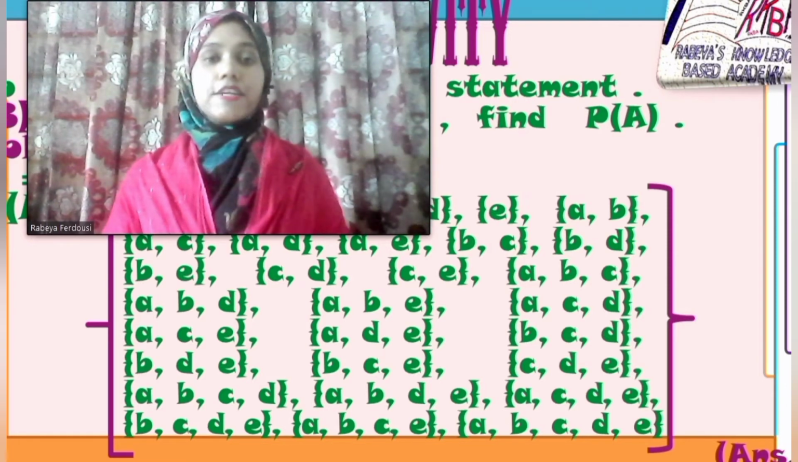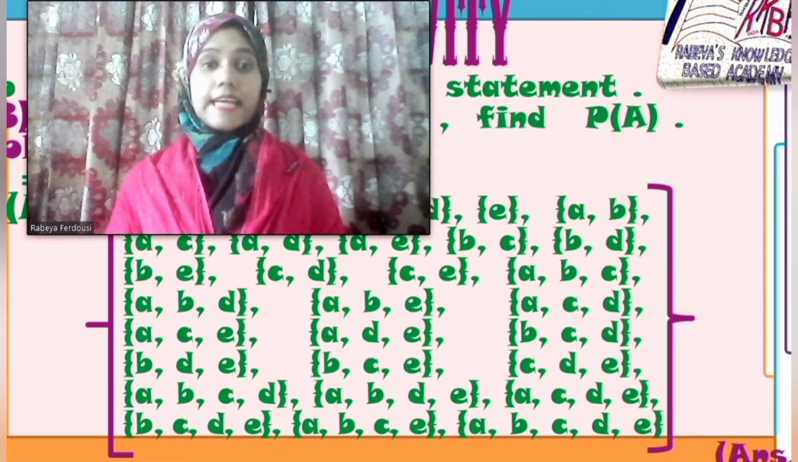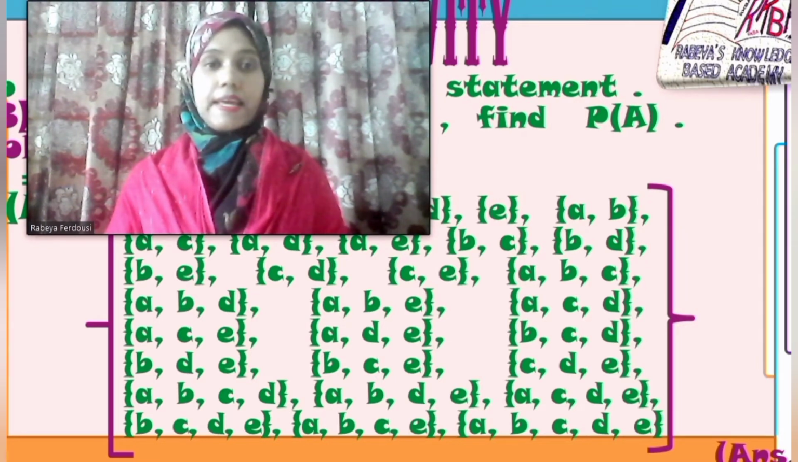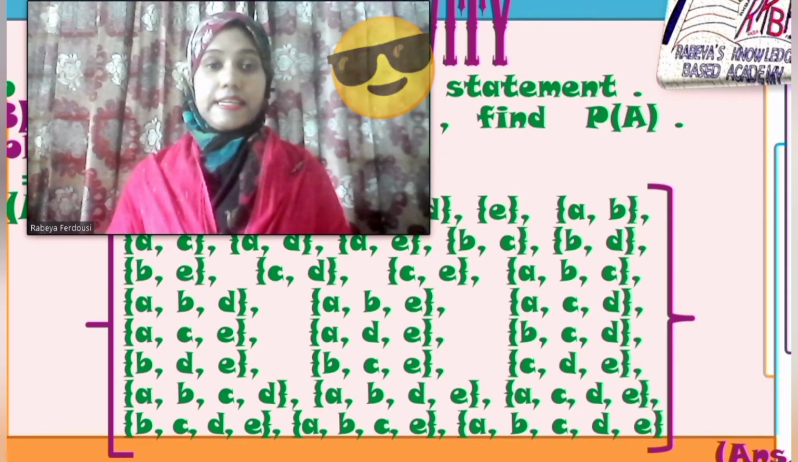Here, to determine the power set of set A, we have to write down all possible subsets of set A together in the set P(A). According to the question, set A equals {a, b, c, d, e}. So, the power set of A will be: the empty set, {a}, {b}, {c}, {d}, {e}, {a, b}, {a, c}, {a, d}, {a, e},